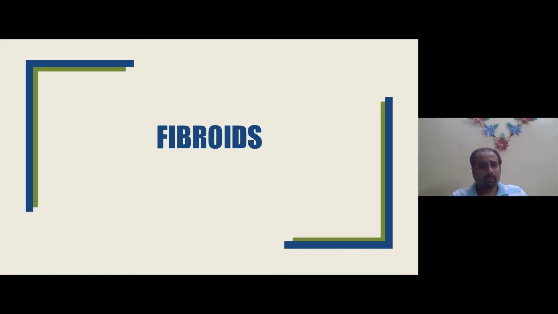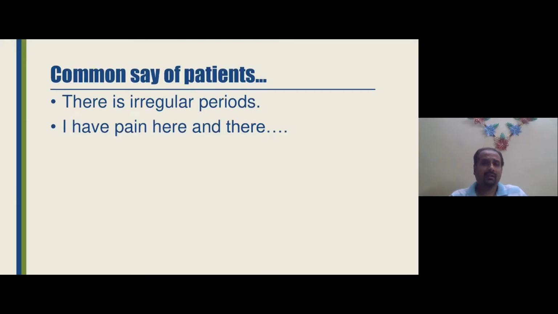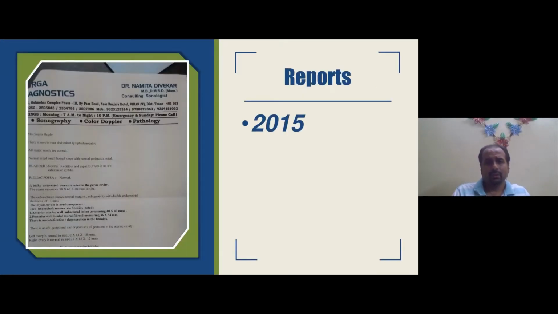Interesting case, most of our homeopathic fraternity usually nowadays have cases of fibroids. So I had one such case, and there will be a common say of the patient. There is irregular periods. I have pain here in the abdomen, pain there. There have been a lot of bleeding. There have been less bleeding, and so on and so forth. There may be climatic patients who will be affected with this problem commonly, and will not have much symptoms in the case. So this lady came to me in 2015 with reports of